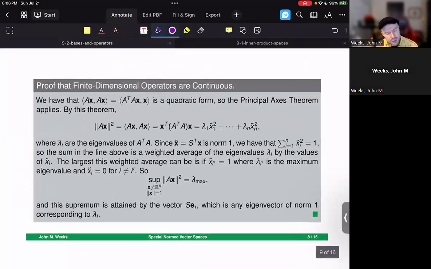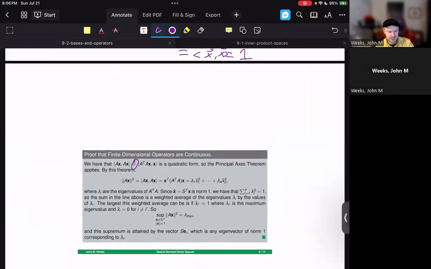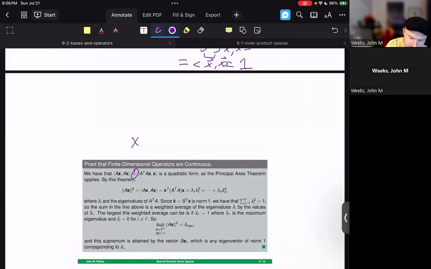So now let's go through and talk about what we're doing. First, what we want to do is talk about this matrix and connect A to A transpose A. The first thing we're going to use is this equality right here, which we've just proven a version of in the slide above, which is that the inner product of Ax comma Ax is itself a quadratic form. We know this because if you rewrite this, you have x transpose times a matrix A transpose A times the